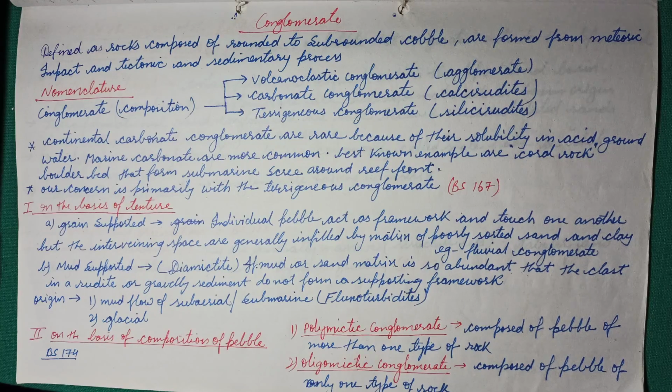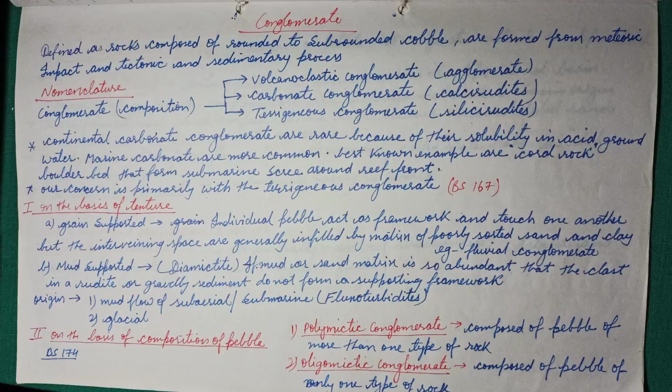There are two names you have all heard, conglomerate and breccia. These are simple definitions. No one is going to ask you in any exam. The difference is simply in their roundedness. If they are rounded, they are known as conglomerate, and if they are angular, shapeless, they are categorized in the breccia group. Okay, so let's start.